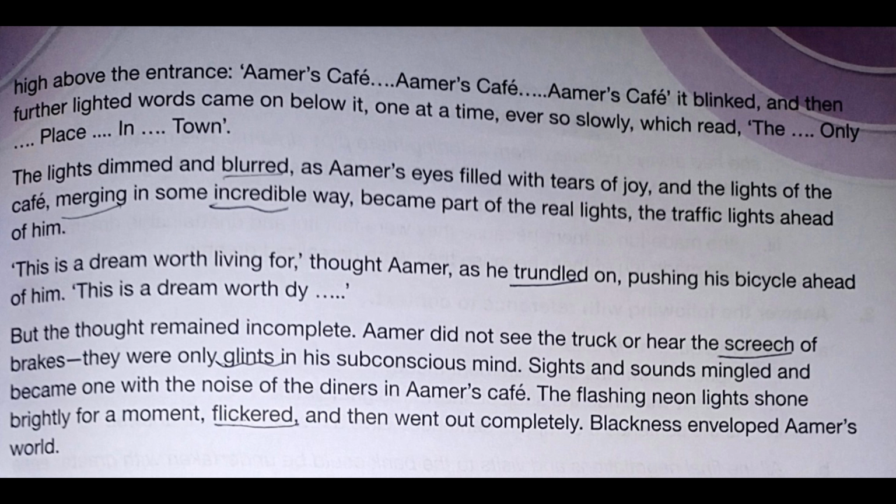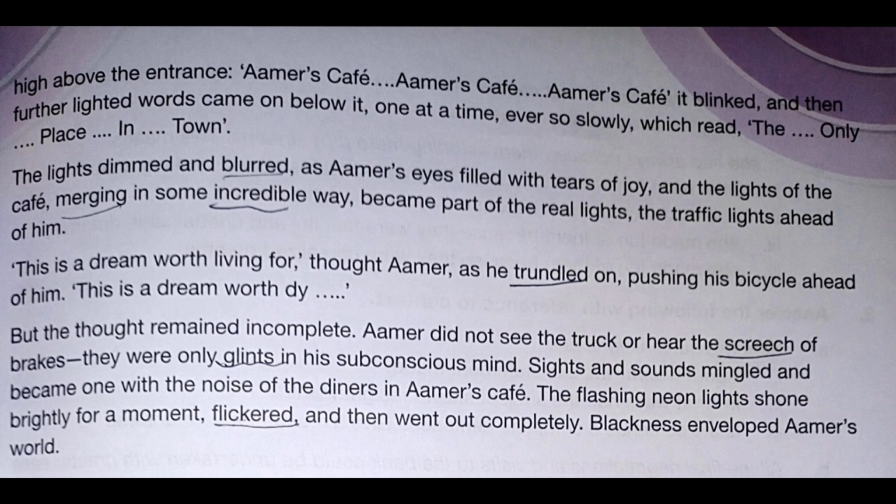But the thought remained incomplete. Aamer did not see the truck or hear the screech of brakes. Screech: of a person or animal, give a loud, harsh cry. They were only glints in his subconscious mind. Glints: give out or reflect small flashes of light.